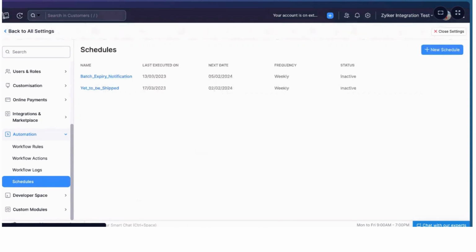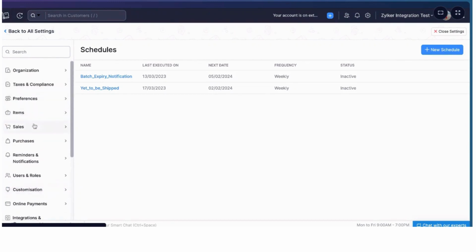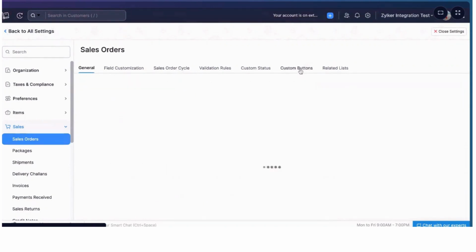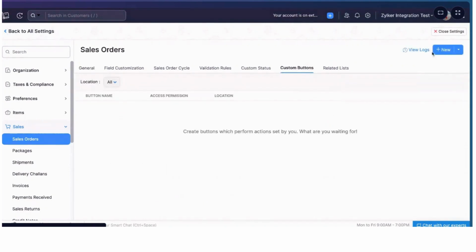Apart from this, we've talked about two cases where this happens on a specific frequency, or where a custom script runs on the trigger of an event. Let's say I want this to happen on the click of a button. For that, we have custom buttons. Under the module of your choice, for example, if it's sales order, you have an option called custom buttons here. So here again, you'll be writing